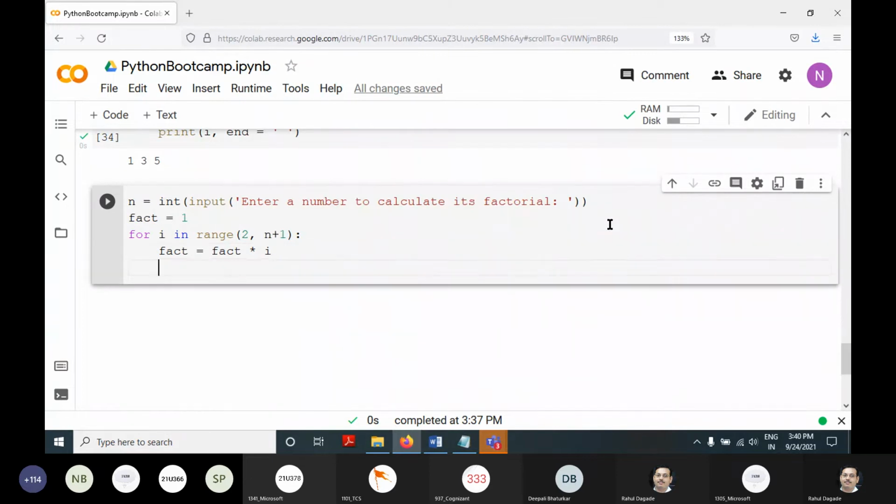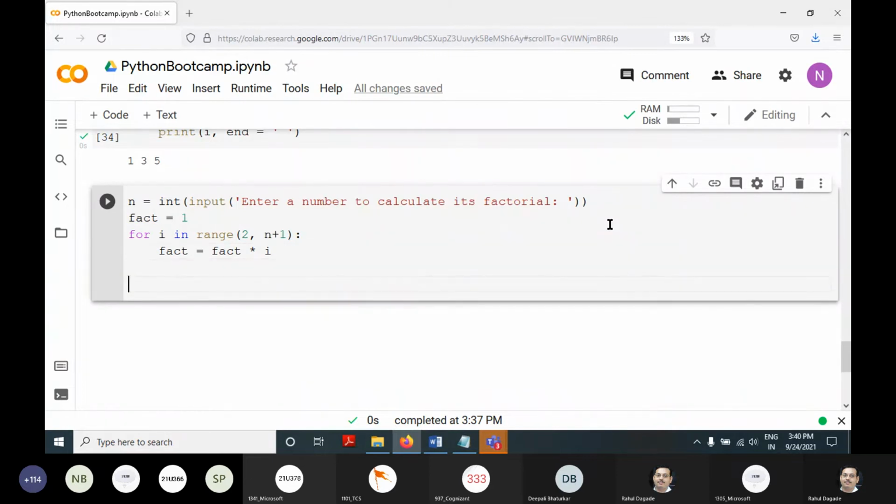Okay, now this will find out the factorial and we will print the factorial. Print the factorial of the given number is